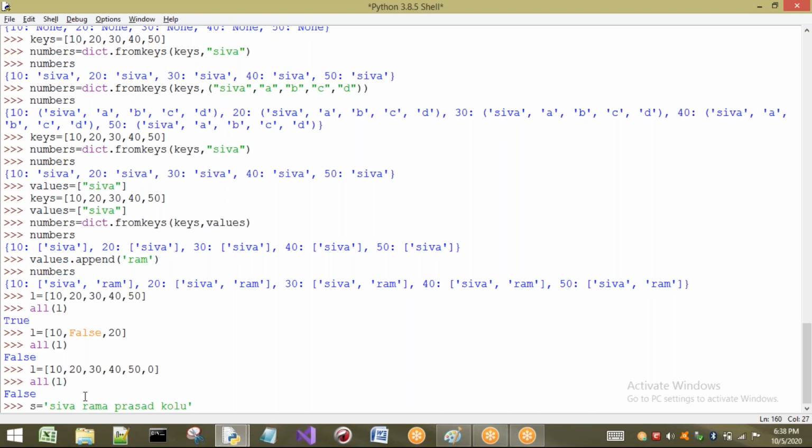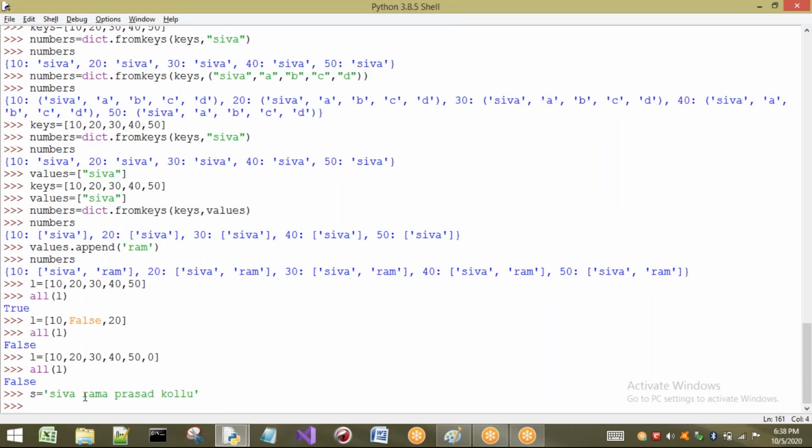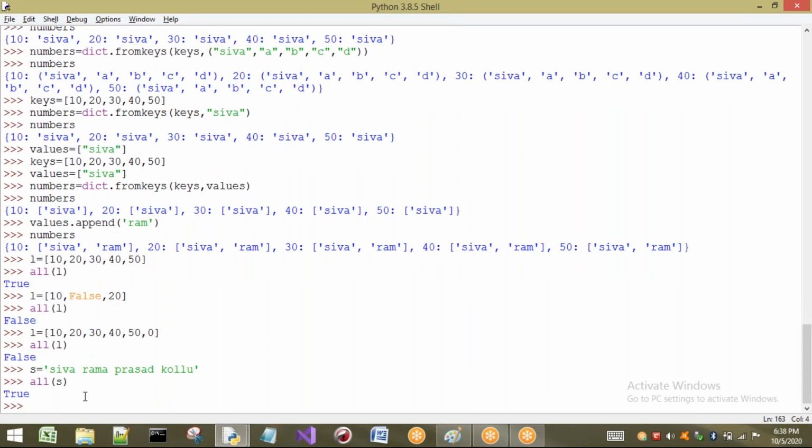Now see, I'm going to take one string here, and I will apply the all function on it. All of S, so what happens? True. There is no concept of false here, so you are going to get all true only. Next I will write some other value, a 0. In a string it will not become false, it will give you true only.